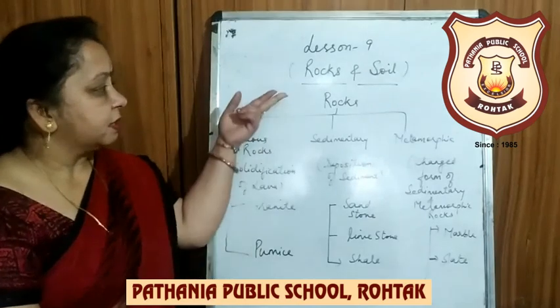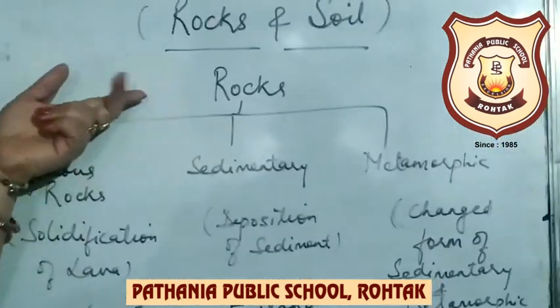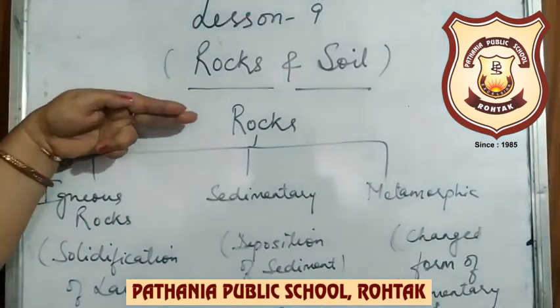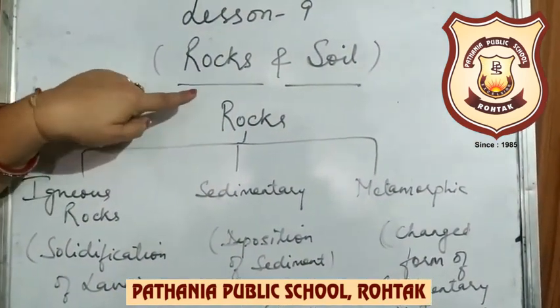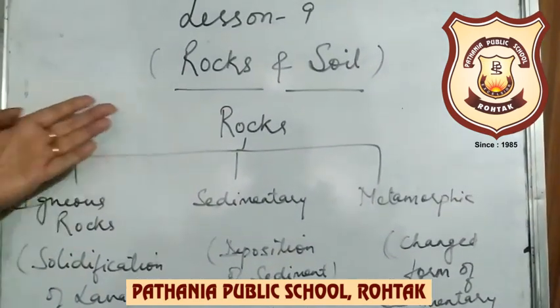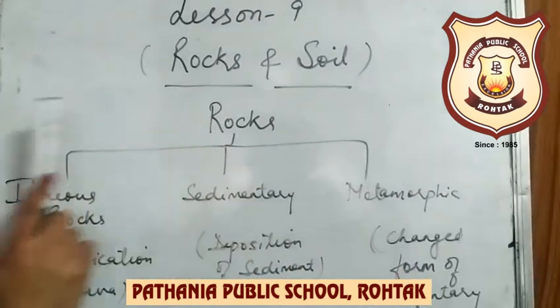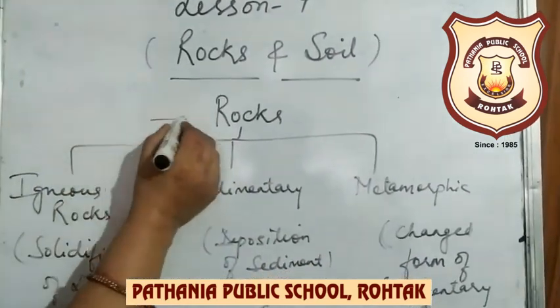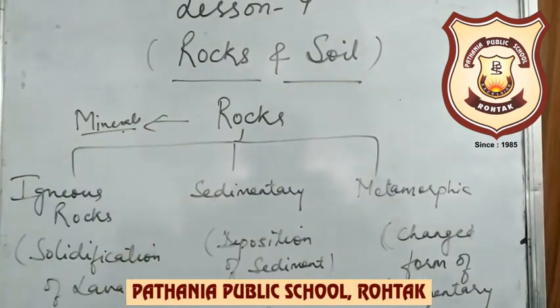Okay, the first, beta, is rocks. What is rocks? The surface of the earth is made up of rock, soil and nutrients. Rocks are present in soil and are made up of grains of different size and color. And what do we call those grains, beta? Those grains we call minerals. Okay, these grains are called minerals.